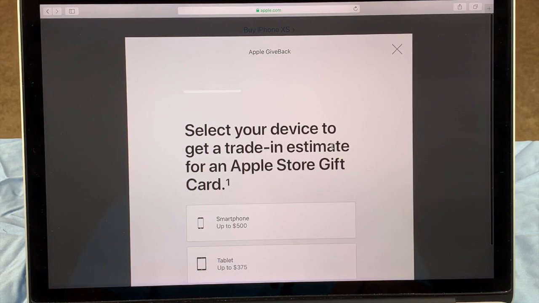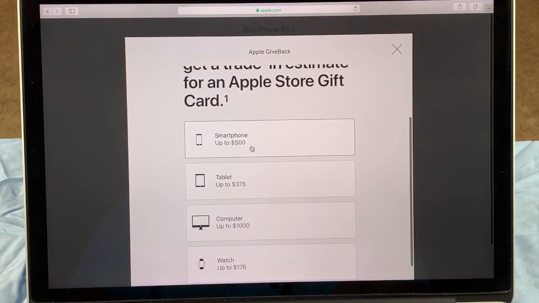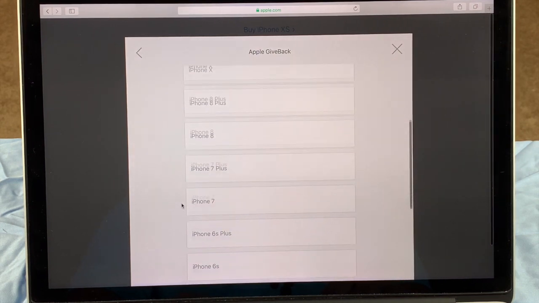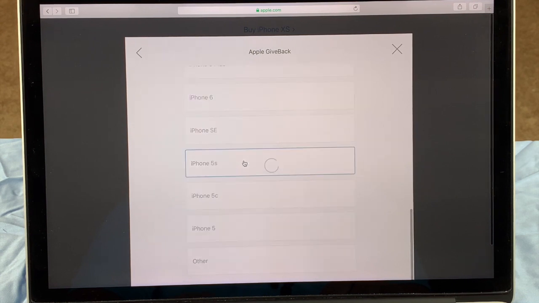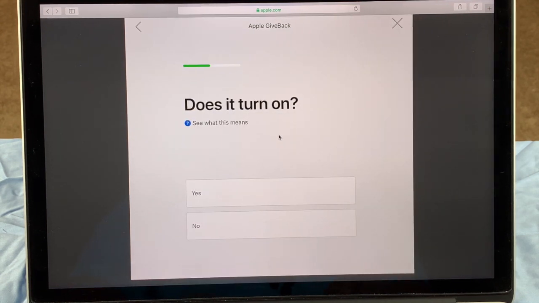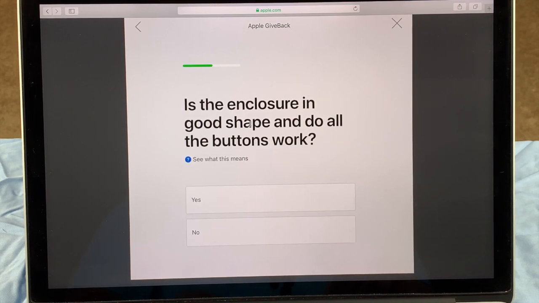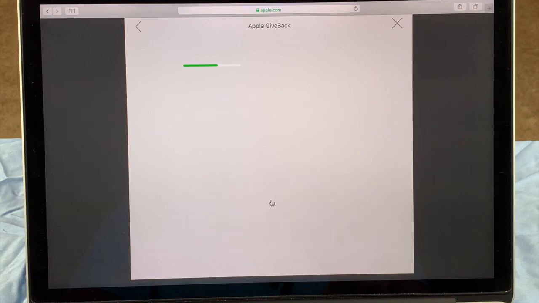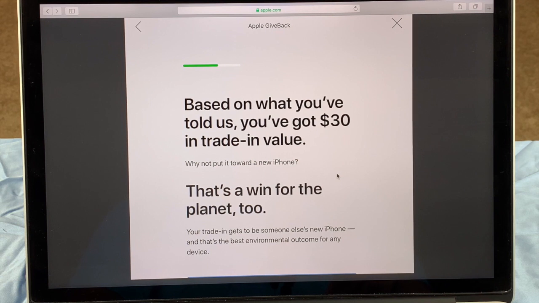Select your device to get a trade-in estimate for an Apple Store gift card. Again, I'm gonna go for the smartphone, of course. First step, who made it? Apple. Which model is it? The 5S. Where is it? Here we go. Does it turn on? Well, last time I checked it did, so yes. Is the enclosure in good shape and do all the buttons work? Last time I checked, that would be a yes as well. How's the screen? Last time I checked, it was fine. It's in good shape. Okay, so my 5S is gonna be worth 30 bucks in trade-in value, and to be completely frank with you